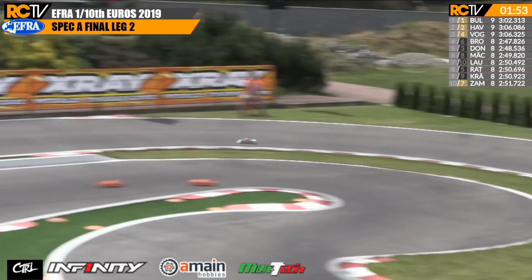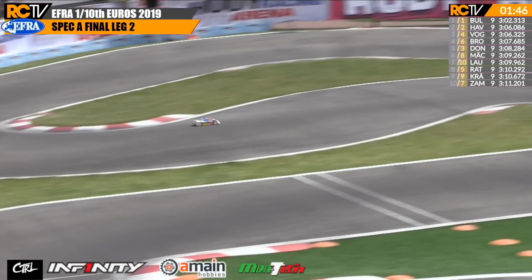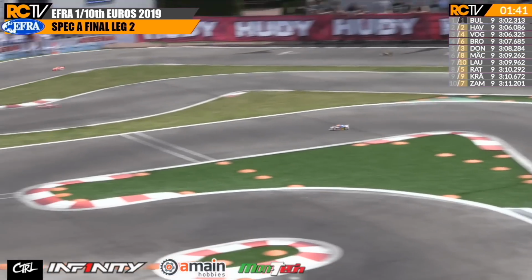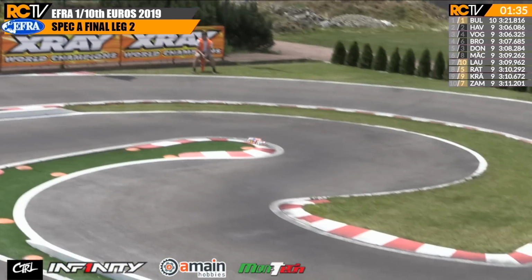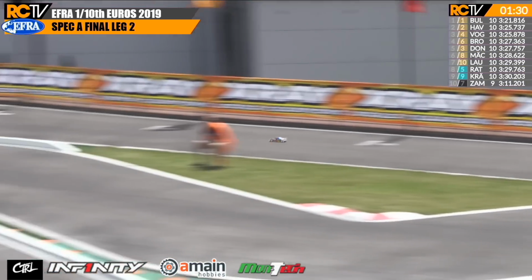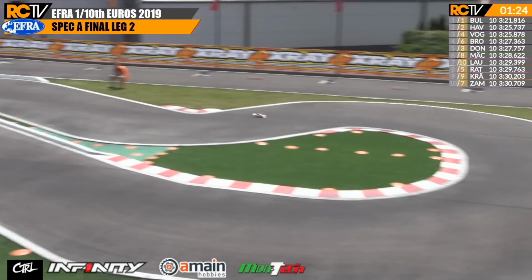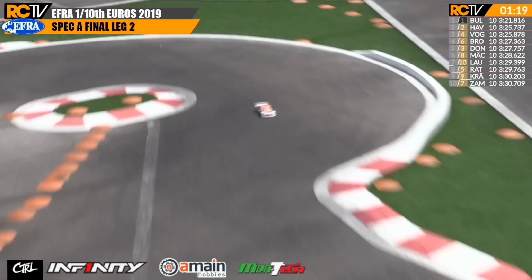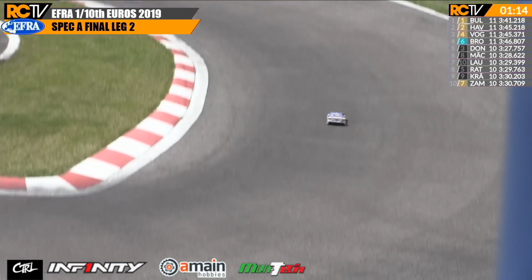Bultink looking comfortable though. 19.6 last time around from Bultink. 19.3 from Havranek. Havranek has got the hammer down, trying to close on him. Havranek having to defend hard from Vogel. Those two pushing each other along. Bultink in a lovely position though. That's exactly what you want as a driver. You've got a nice big lead. It doesn't matter if they catch you at a couple of tenths a lap. When your lead is over 3 seconds, you know as we come up towards the 4-minute call,